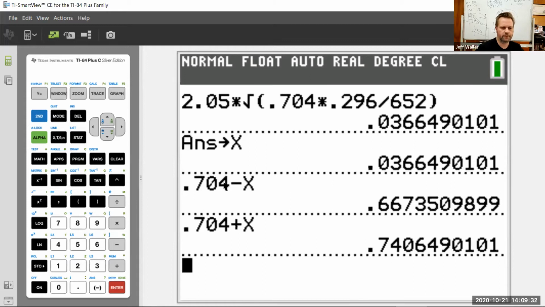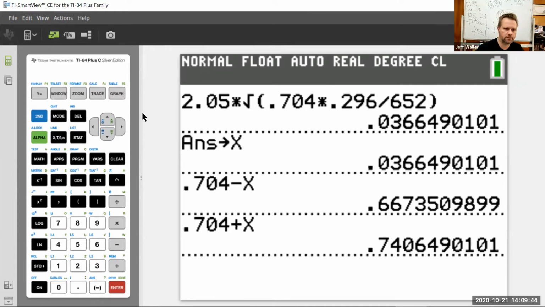Anyway, so there I am subtracting that business and adding that business without actually having to deal with that business. It's always nice. So you can use that little store thing if you want to. You don't have to. Did you guys get that answer a different way? I'm sure some of you guys already got it. But it's just there for you if you want to use that. Are you guys with me?